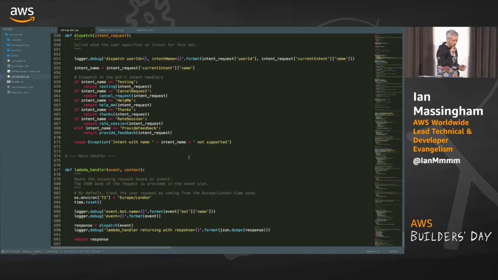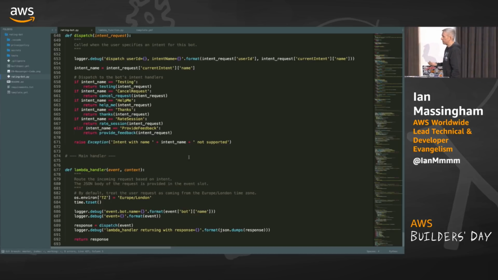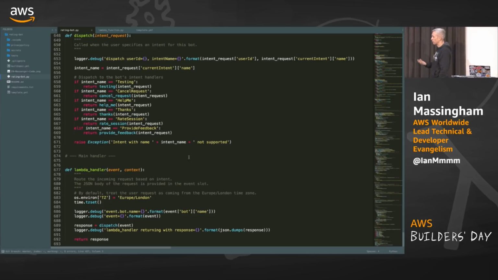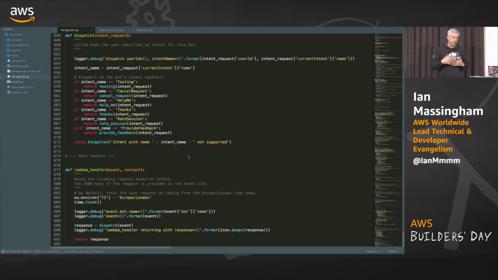And this underlines, reveals something about the way in which the Lex language model works, which is that intent resolution is always active. So even if you're in dialogue about fulfilling slots for a particular intent that you've already activated, which is your current intent, okay? Intent resolution is still active. So you can then say cancel or thank you. You'll get kicked out of the intent that you're currently in because the utterance that you give is more probable to resolve to another intent than it is to fulfill a slot. Okay? And this allows you to build these escape routes which wouldn't exist if you were locked into a specific intent. You'd have to wait for your session to expire.